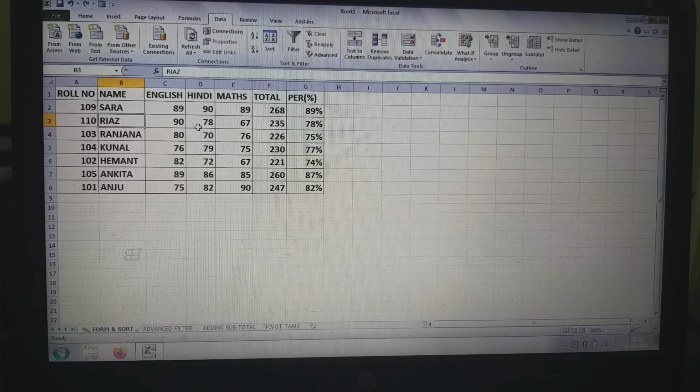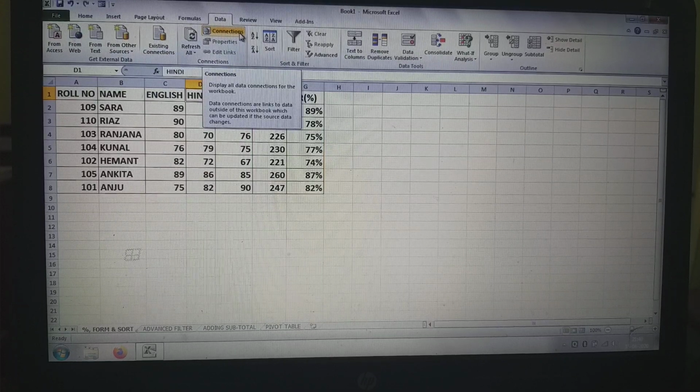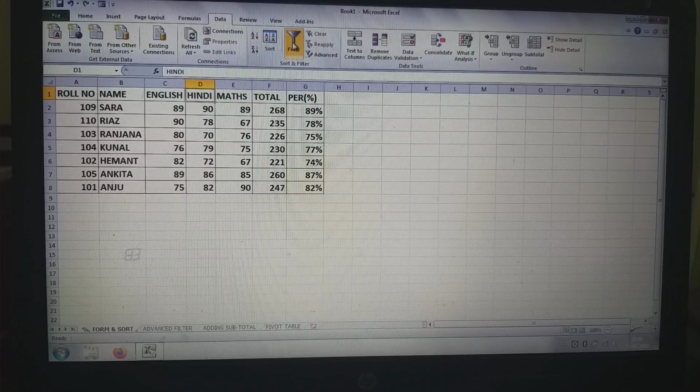Now see how to filter data. To filter data, select any cell. Suppose cell D1 is selected from the database. Now select the Data tab. The Data tab is already selected, and click on the filter button.